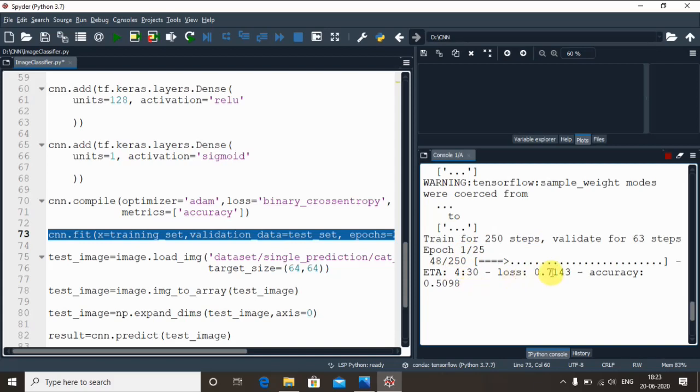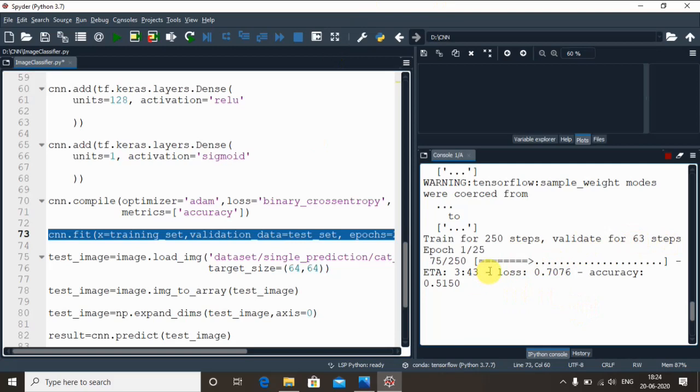As you can see, the loss has been calculated here, right? And the accuracy, you can see the first time the accuracy is very low, 50%. We'll get two accuracies, one with respect to the training set and another with respect to the testing set, and based on both you will also come to know the loss function is getting reduced, right? We had used the binary cross entropy loss function. The optimization function we used for the study was Adam, right?